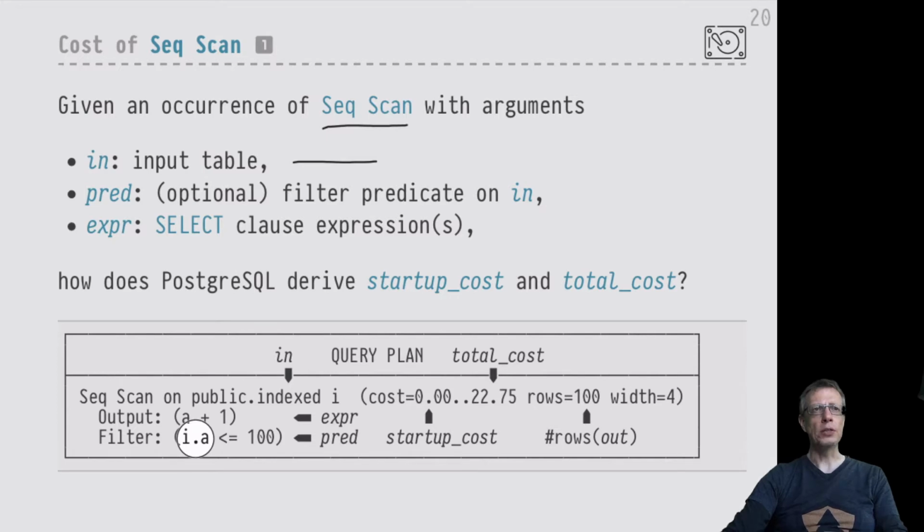Okay. Right, and then likewise there is the output expression, the expression that is being computed on all the rows that could pass the filter. Well, in this very simple plan, this output computed by the sequential scan already is the query's final result, so the query will only emit a single column that will carry this computed numeric value here. But in general, the sequential scan would pass these computed output values, these expressions that have been computed, onto